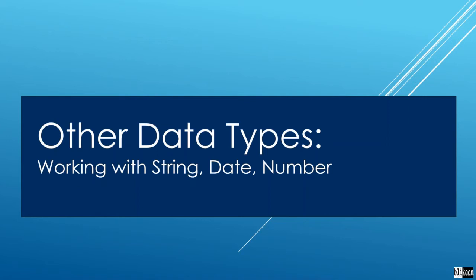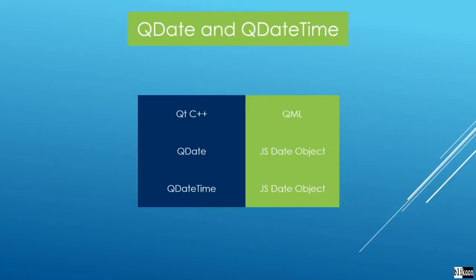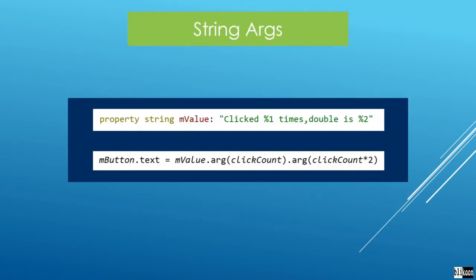In this lecture, we're going to explore the string, date, and number data types in more detail. When passing data back and forth between Qt C++ and Qt Quick, the QDate and QDateTime objects are transformed automatically to the JavaScript date object. We are also going to look at how to work with string arguments in QML,